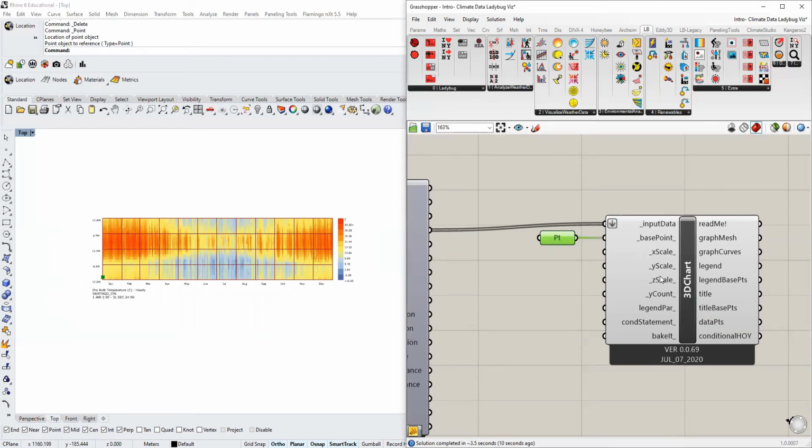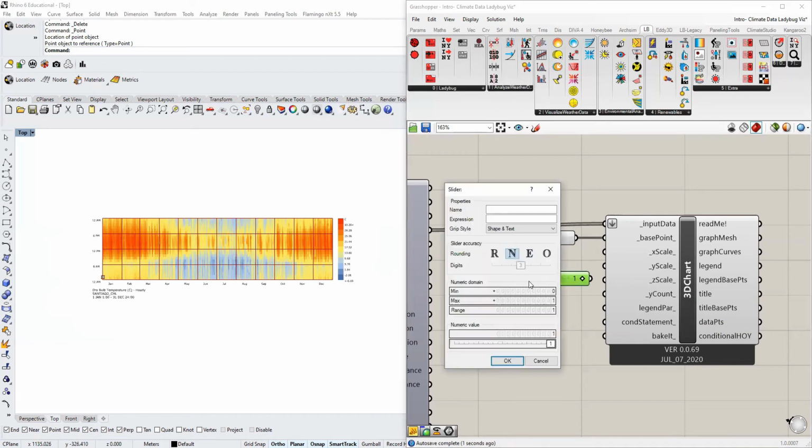Obviously, the X, Y, and Z scale controls the units of the graph. The X and Y are related to each other. I think the default is 0.25 for the X scale. If we decide to play around with the Z direction,